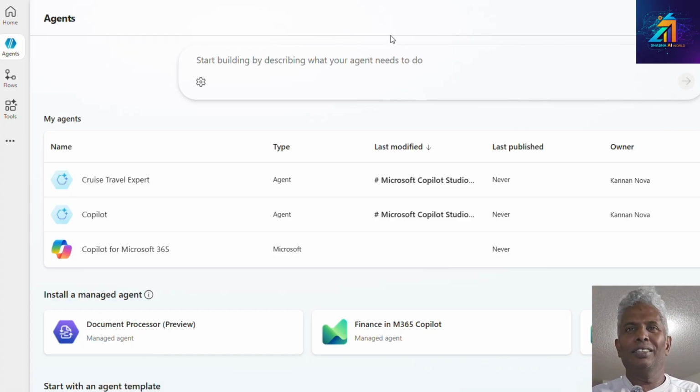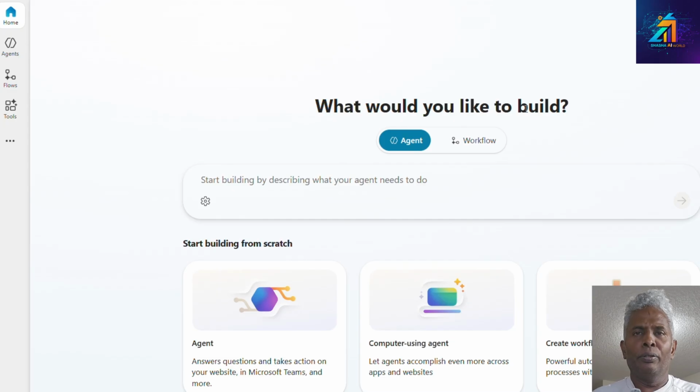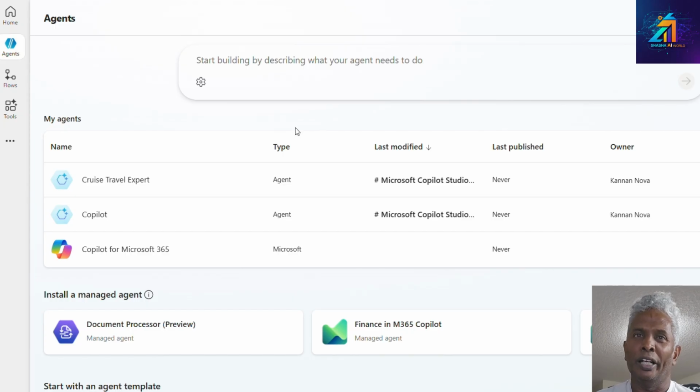See the screen. To log into Copilot, we should go to copilotstudio.microsoft.com. Then you see the screen. On the left side, if you see Home, it will show agent or workflow. Agent is like LLM, memory and tools. Workflow is also similar, but it has a process, like a workflow orchestrator or a kind of flow chart. It connects one step to another step like that. So mostly we use agent. We create an agent. If you click agent,